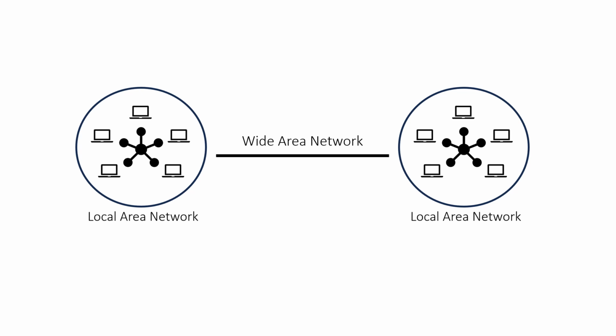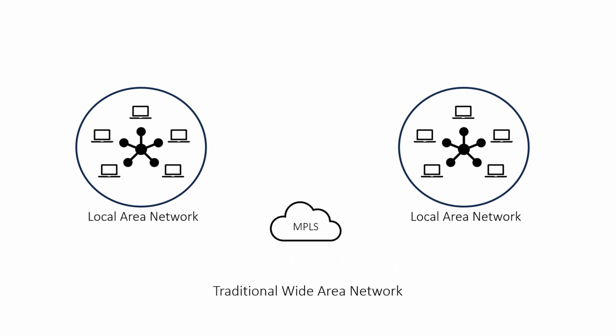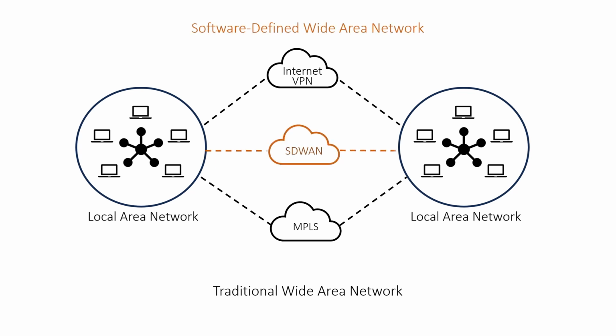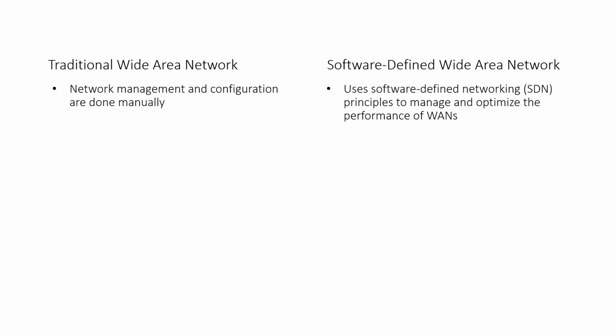In traditional wide area networks, we use VPN and MPLS. In recent years, an advanced technology emerged, and this is called software-defined wide area network. In traditional WAN, network management and configuration are done manually, while in SD-WAN, it uses software-defined networking principles to manage and optimize the